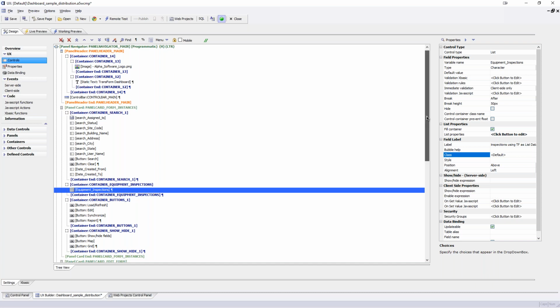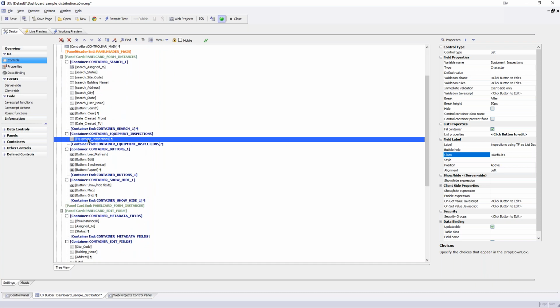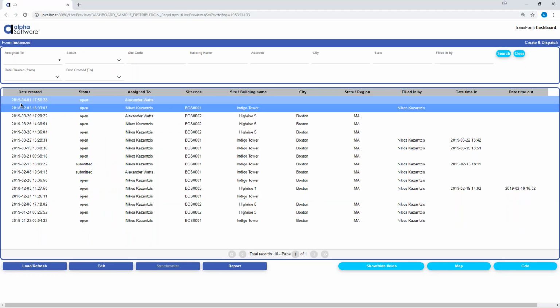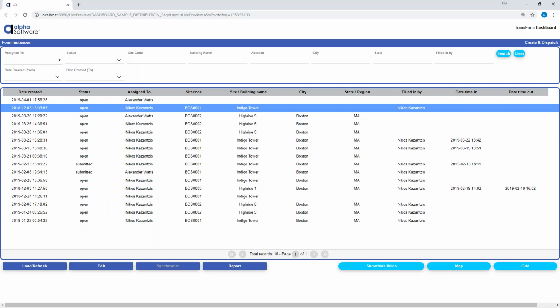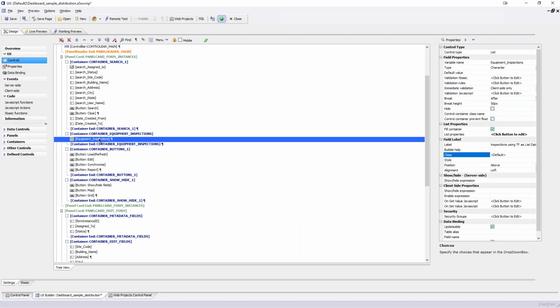Okay, so let's start with the first screen. The first screen that we saw, this element here is a list, what we call the list control in the UX. And it is this one here, equipment inspection. And the way we built that is we added this list to this component from the data control section. There's a control type called a list. And when we do that,